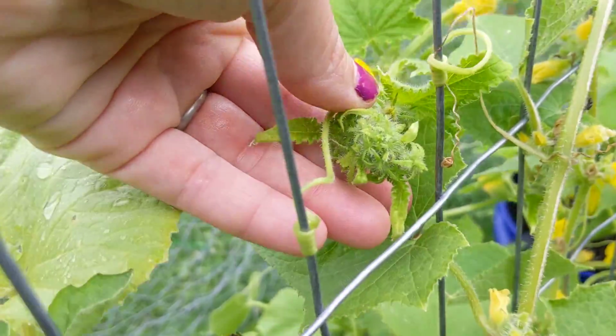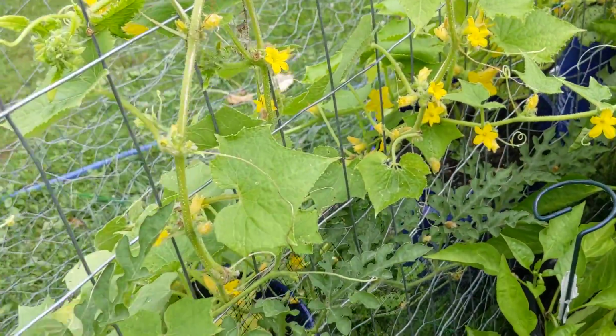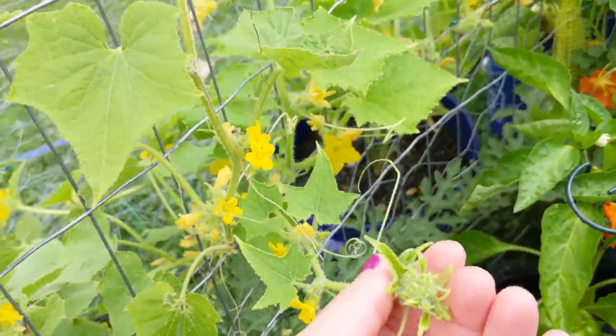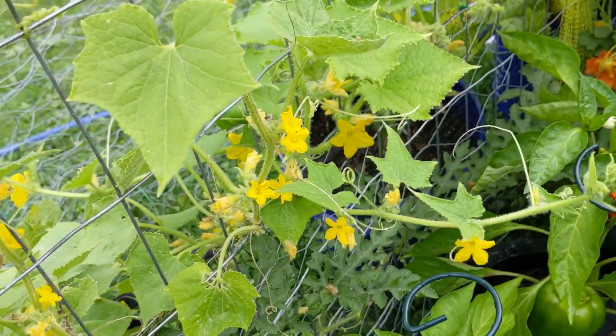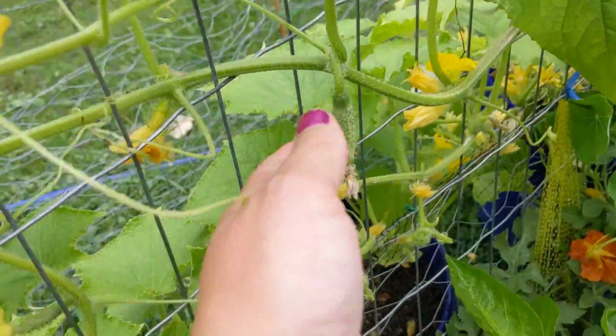Some of these have an interesting mass. The cucumbers have an interesting mass on the end of them. I'm not sure why they do that. Don't know if that's just the way they grow or what, but